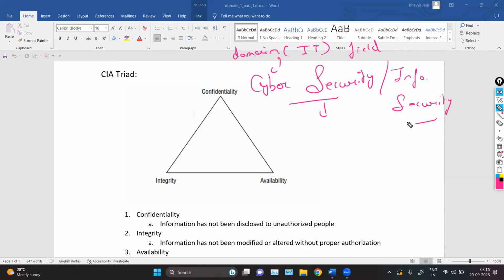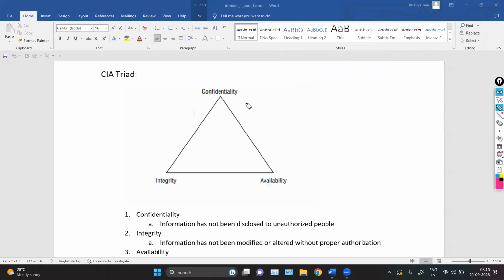So cybersecurity is like protecting your data and your information and different things at different levels. Information security is like the actual implementation of cybersecurity. So just remember, cybersecurity is more like a domain, a theoretical perspective of seeing things, and information security is all about the practical implementation of cybersecurity. So information security is all about protecting the information, which is also known as data.